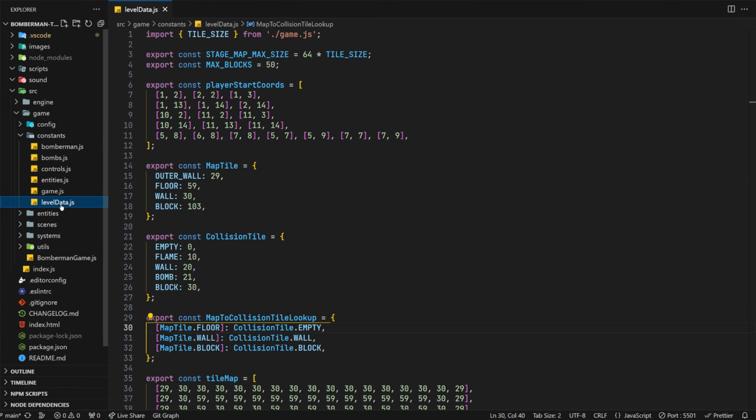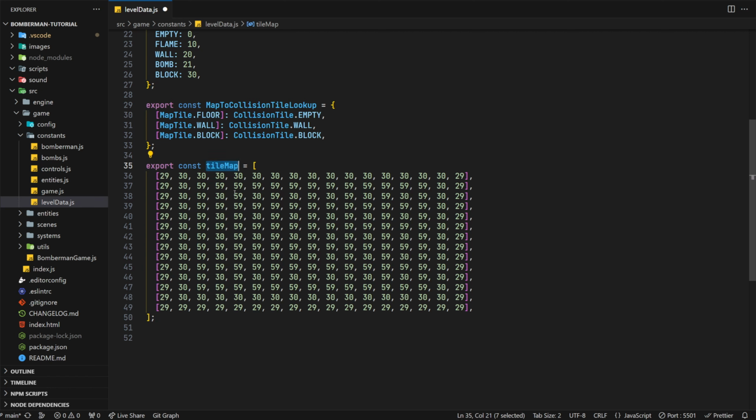As we potentially want to add multiple stages to our game, let's go ahead and create a stage object shape or model that allows us to support this. In the level data constant file, we'll first go in to completely remove the collision map array. This might feel a little strange, but as you know, this is a one-to-one mapping of the tile map array above, so it's probably better that we auto-generate the collision map based on that data, rather than maintaining it manually